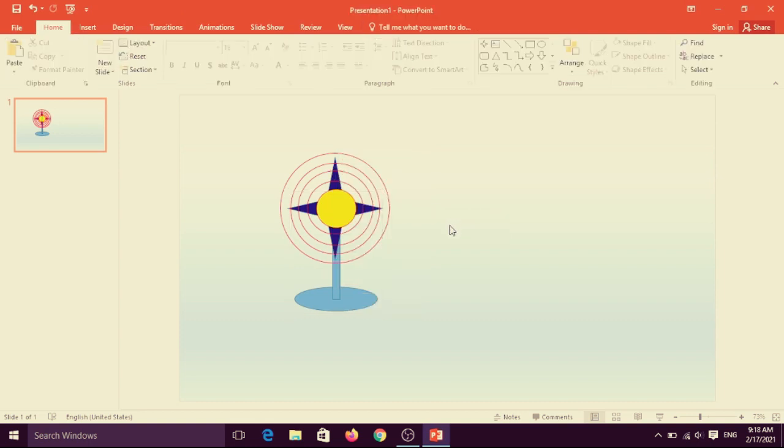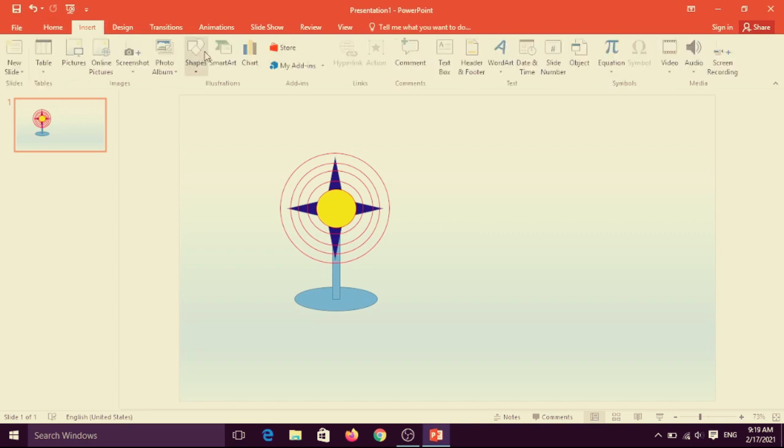Your fan is clear, but the button is like this. We will click the button for that. It is the first slide. Here is the first slide. Make the button.